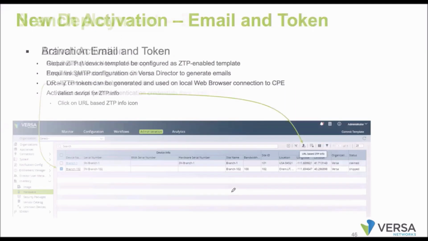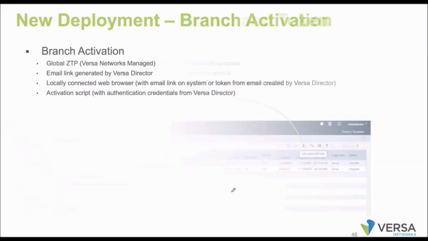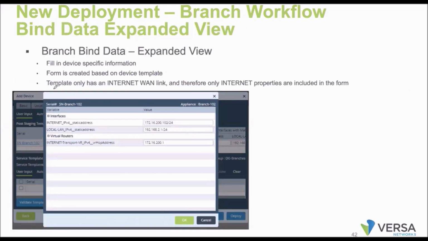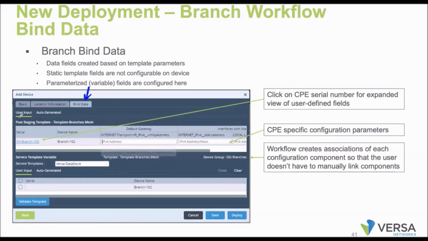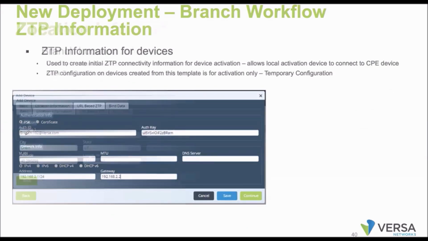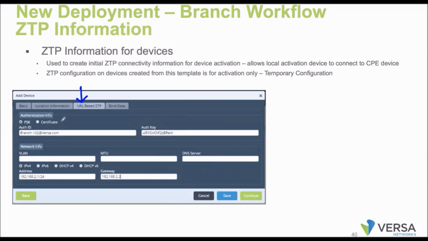Right. So these are all the mechanisms. Now coming to the URL ZTP, like what I was discussing. Under the branches which are opting for the URL ZTP, you are going to get one more tab here. Under this tab, you mention how the token has to be created. So we'll mention the authentication information. What is the pre-shared key we are going to use?